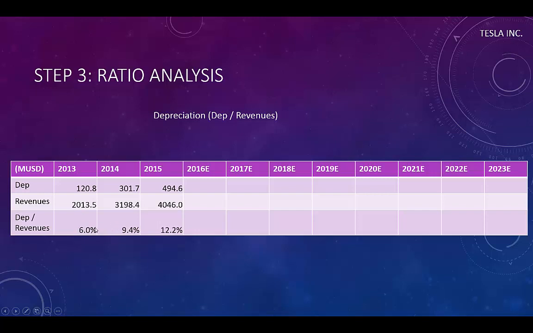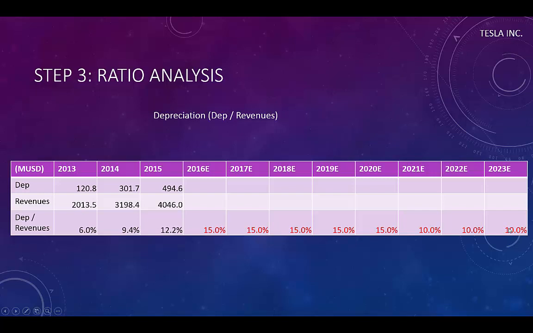We see that this ratio is increasing. This is caused by Tesla making substantial investments in recent years. We assume that this continues also into the future as a function of the company's expansion and rapid investments. The steady state depreciation to revenue ratio is assumed to be 10%. This is the same level as the CapEx to revenues ratio. This makes sense since the CapEx and depreciation are closely linked.